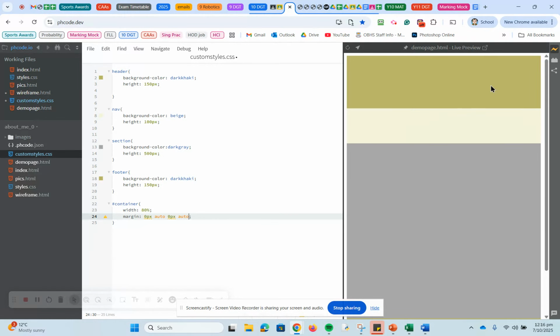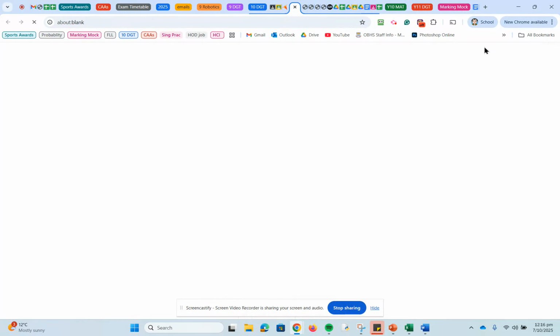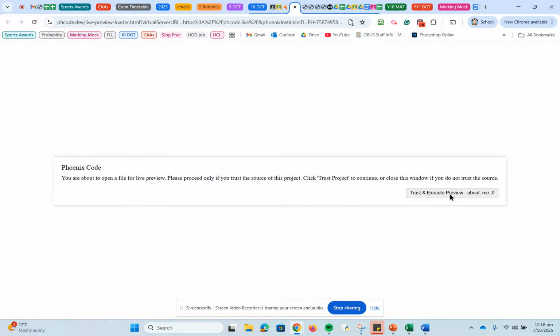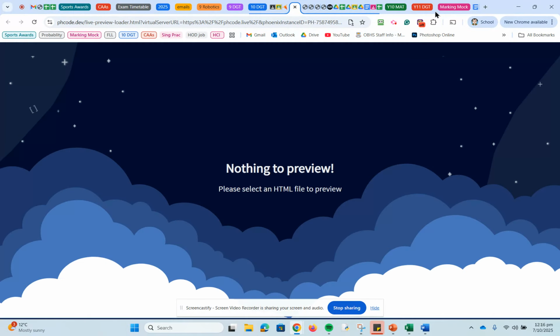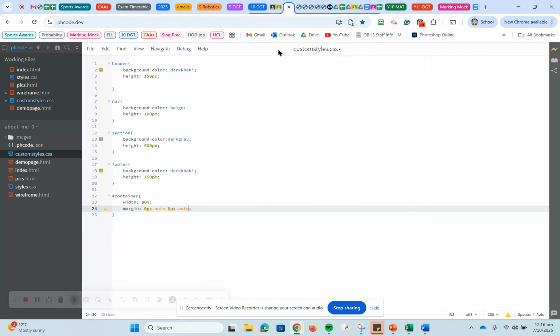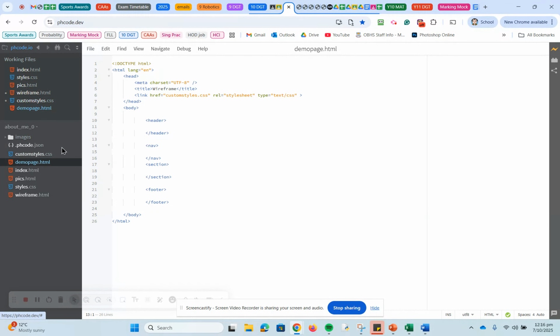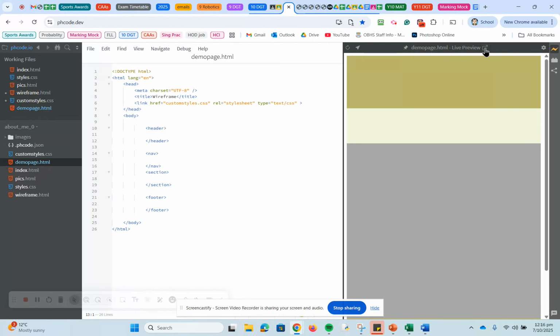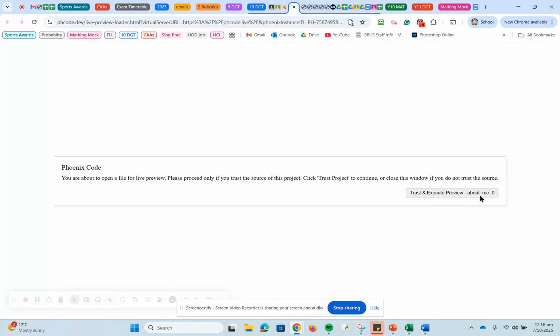Now, if we view this in a full page, so what it looks like as an actual web page, you always have to make sure you're not in the CSS, that you're actually in the HTML when you view it. Okay, so I'll do that again. Full screen view of the page, HTML page, and you'll see that right across,